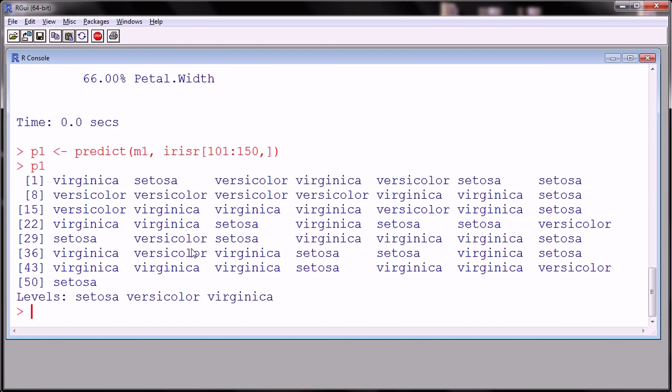Much more interesting, to evaluate how well the model did on the test data, is to construct a confusion matrix. So we're going to use table, a very simple command here. Let's put the actual species of the test data on the horizontal axis of the table, and the predicted on the other axis. That's a good convention. So to get the actuals, we need to get from row 101 to 150, and the species was column 5,